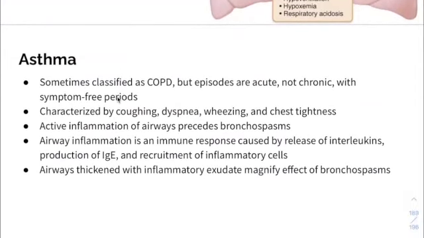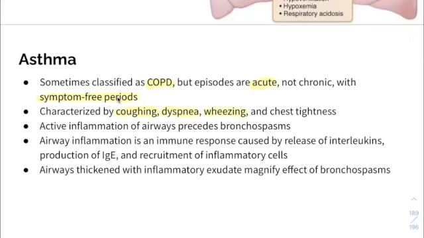Asthma. Sometimes it's classified as COPD, but with asthma, it's usually acute because they have symptom-free periods between their asthma acting up. Usually have really coughing, dyspnea,